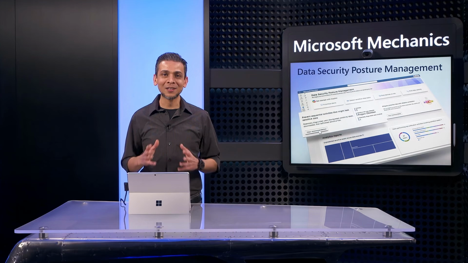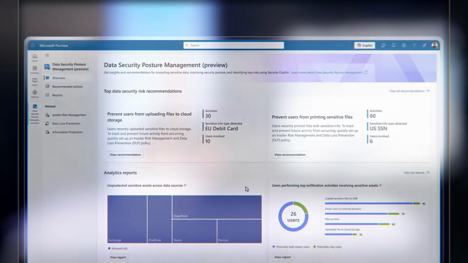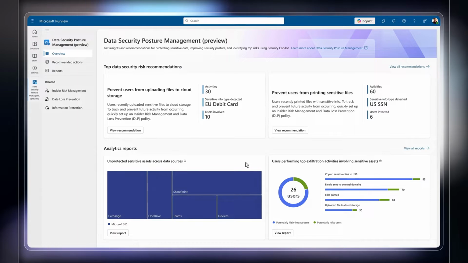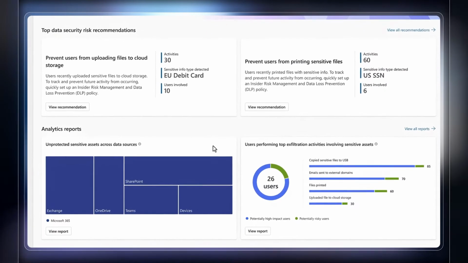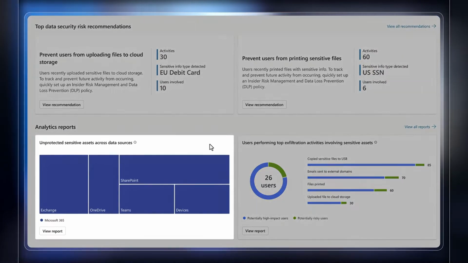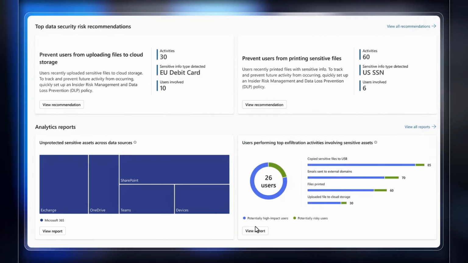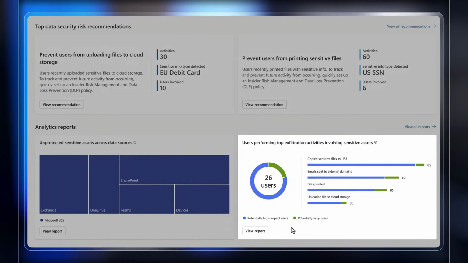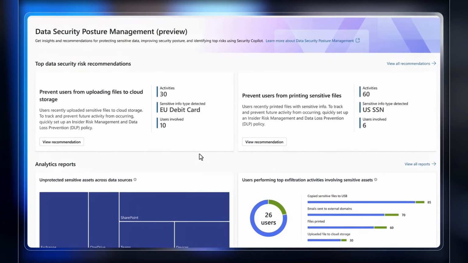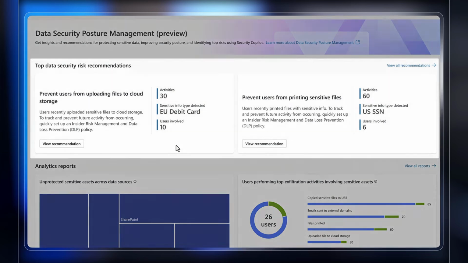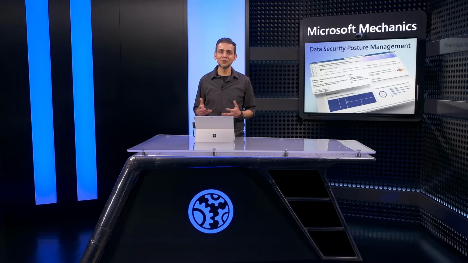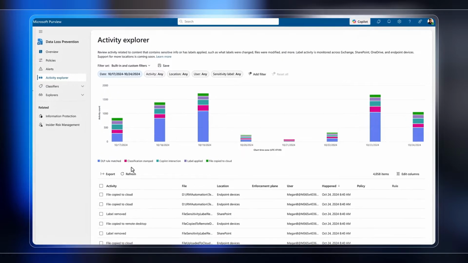And after 1 to 3 days, depending on the size of your tenant, you'll see a populated dashboard with a detailed report on your unprotected sensitive information along with where it resides, and top-line insights into activities happening with the data. Then to help you mitigate top data security risks in your tenant, we give you policy recommendations for implementing protective controls. And this assessment gets even richer if you're using Microsoft Purview's best-in-class solutions across areas like data loss prevention,